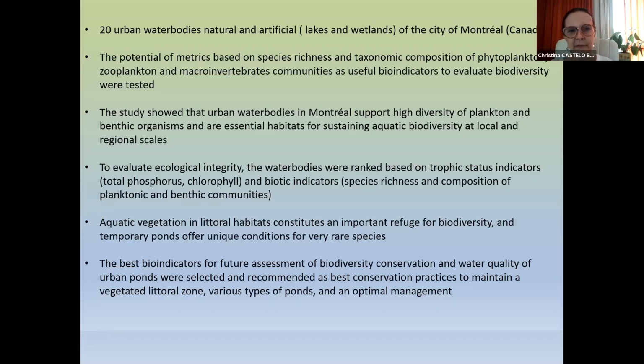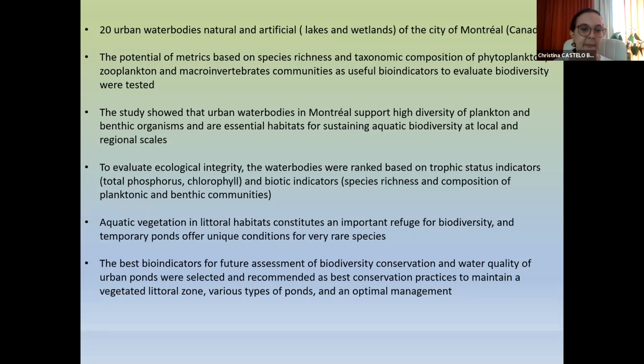The potential of metrics based on species richness and taxonomic composition of phytoplankton, zooplankton, and macroinvertebrate communities as useful bioindicators to evaluate biodiversity was tested. The study showed that urban water bodies in Montreal support high diversity of plankton and benthic organisms and are essential habitats for sustaining aquatic biodiversity